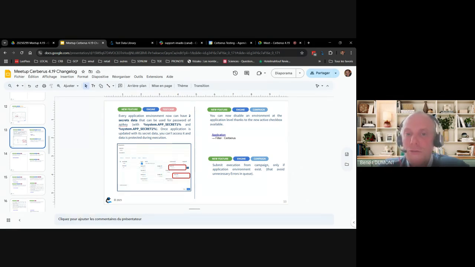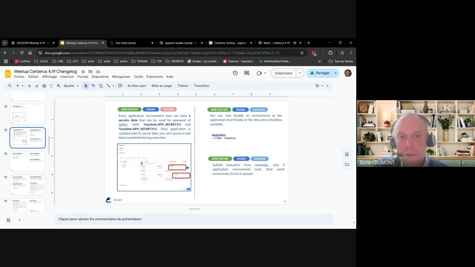So we have introduced the possibility to add two secrets at the application environment level that will be protected. That means that if you update your application and you put the secret value, it will be by default hidden from all executions, but also even if you want to edit the application.